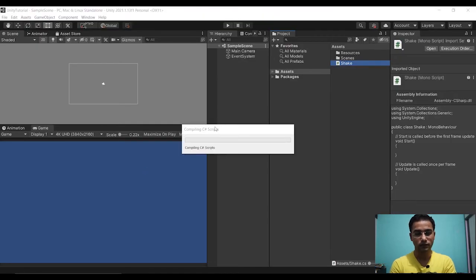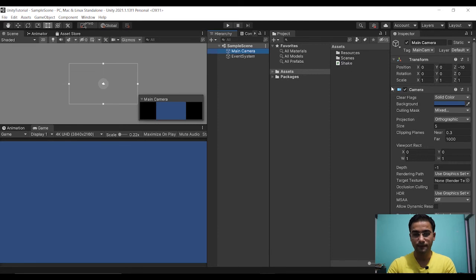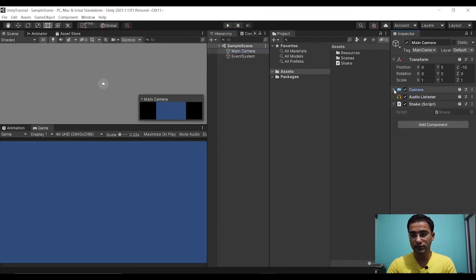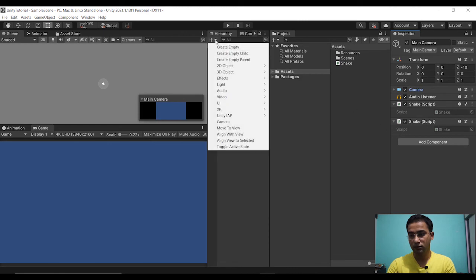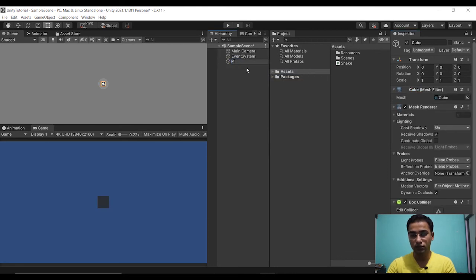Now I'm going to my scene and attaching this Shake script to my camera. And for proper visuals in the scene, I'm going to create a 3D object called cube, and I'm just naming it Player.